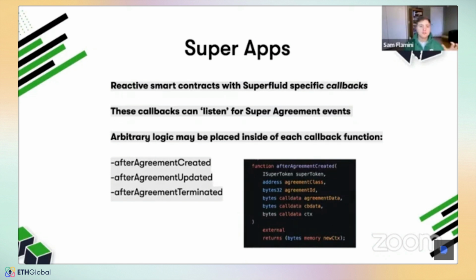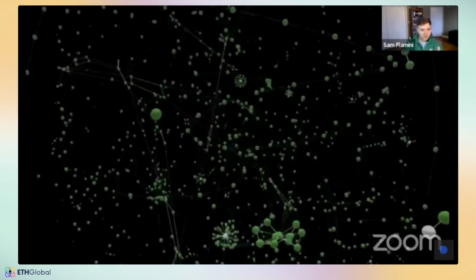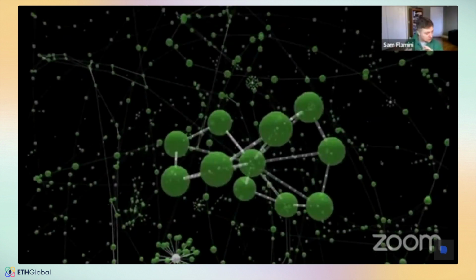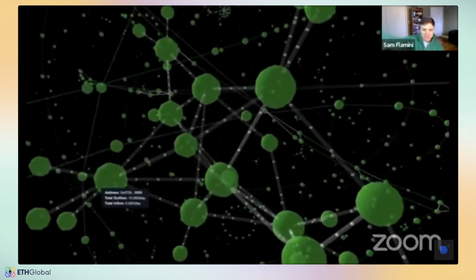So when you think about all these different money streams and these different peer-to-peer financial agreements and super applications, you eventually get this network that's built out, right? Where you have all these connected cash flows, all these connected addresses, all these connected agreements of value transferring all over the place. And you get this network of programmable cash flows, right? So this is literally the live Superfluid network on Polygon. And it becomes this universe, right? Where there's a really interesting network effect that takes place, where if I'm receiving super tokens, I can start sending super tokens to pay off my subscriptions, or maybe I can pay my rent, or maybe I can dollar cost average into my favorite asset, right?